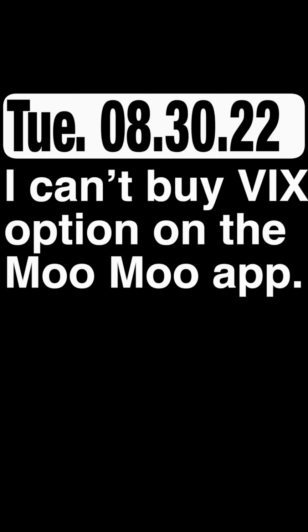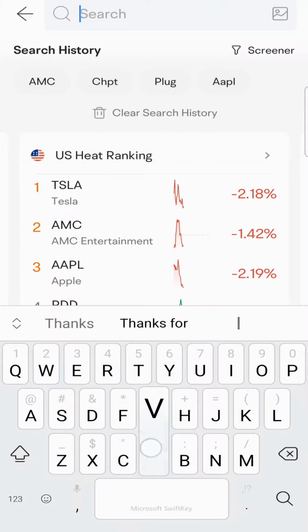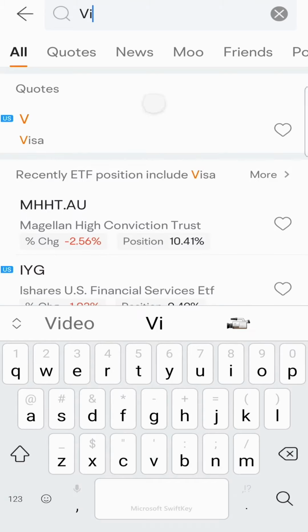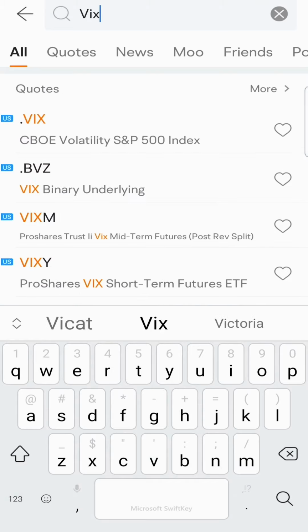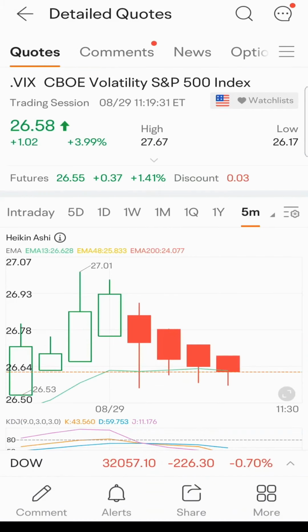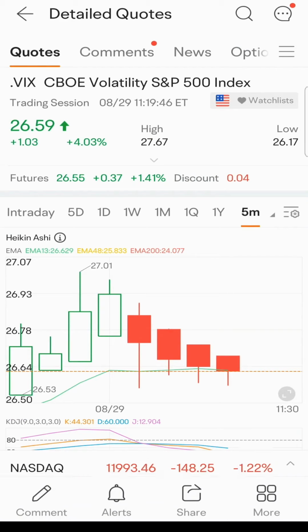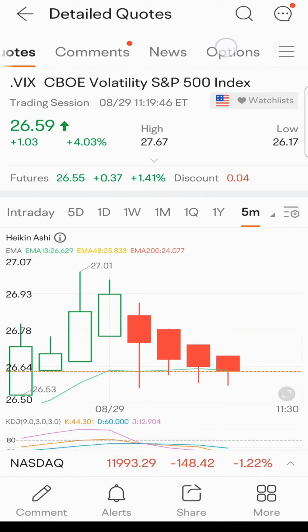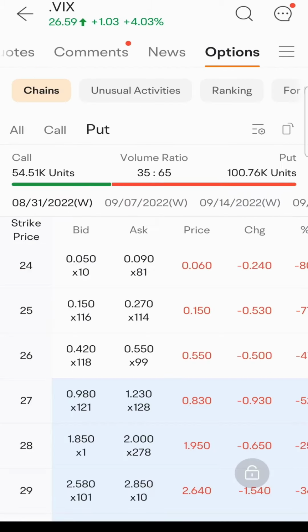I can't buy VIX options on the Moo Moo app. I knew the SPY was going down, so I wanted to place a call on VIX. I deposited $100 a while back, so I had enough to buy a call option on VIX. Unfortunately, Moo Moo has no buy or trade button on VIX. What is worse is that there's no message that pops up that I need a certain level for option trading